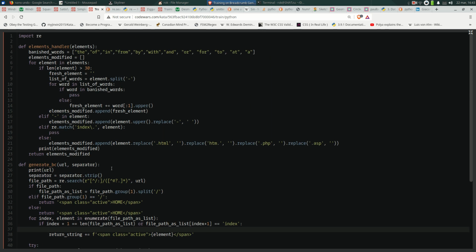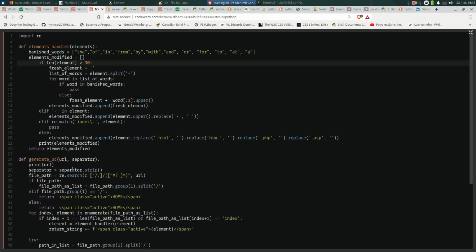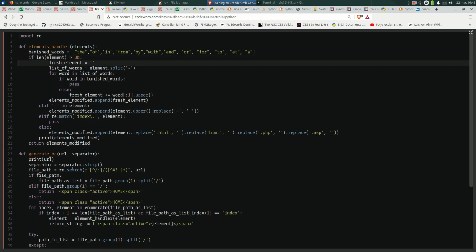So we say element equal handler element dot split